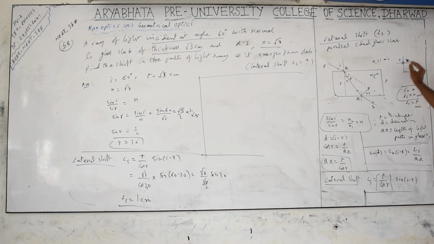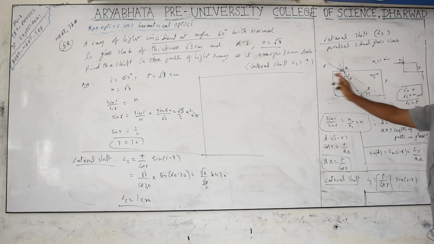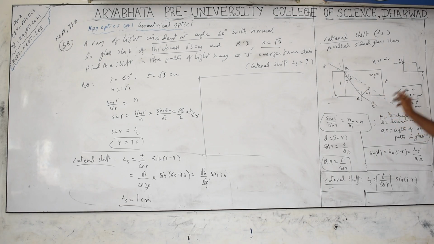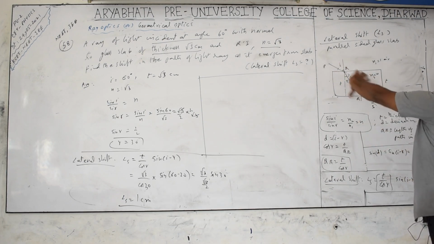So when I equals 90 degrees, the light ray falling grazing the first surface comes out grazing from the bottom surface. The shift is LS equals thickness when I equals 90 degrees. That is the maximum shift you will find, equal to thickness of the slab. And minimum shift is equal to 0 when I equals 0. In that case there is no lateral shift taking place. In any other cases lateral shift takes place, and there is no dispersion of the light when light is passing through the parallel sided glass slab.